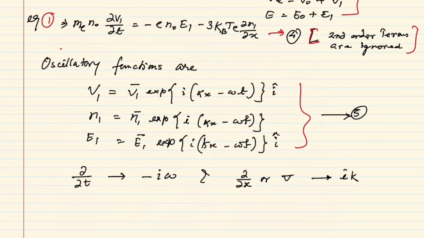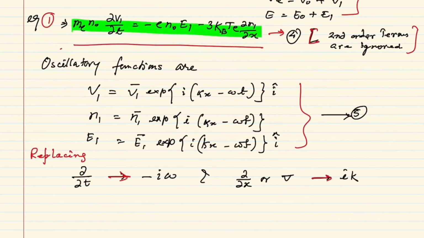So replacing del t by minus i omega and del del x by i k, equation number 4 becomes this equation. After linearization, equation number 4 implies